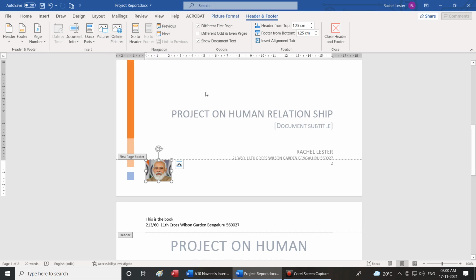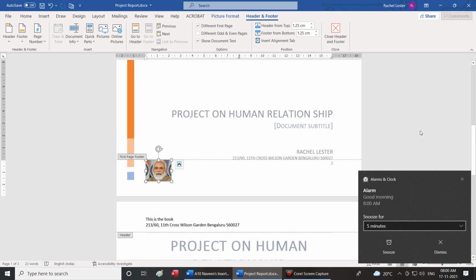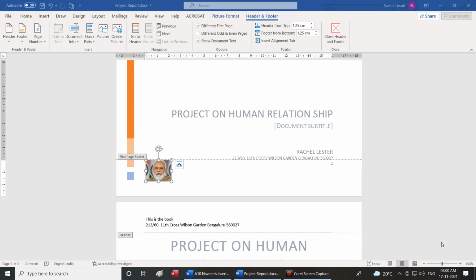Next, navigation group. See here, we have completed header and footer. We have completed insert. In this, the quick parts we have not touched in detail.